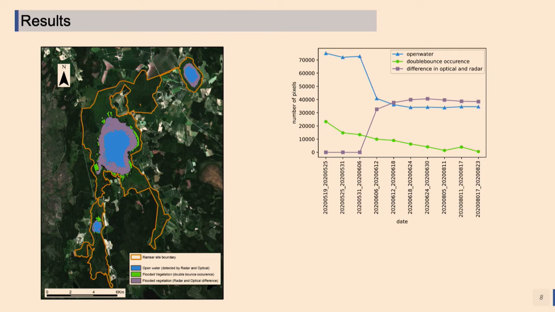It gives us the opportunity to detect that double bounce with radar and say, okay, if we have the double bounce in the boundaries, that's the area where the vegetation is flooded, and that's the boundary of exactly the water